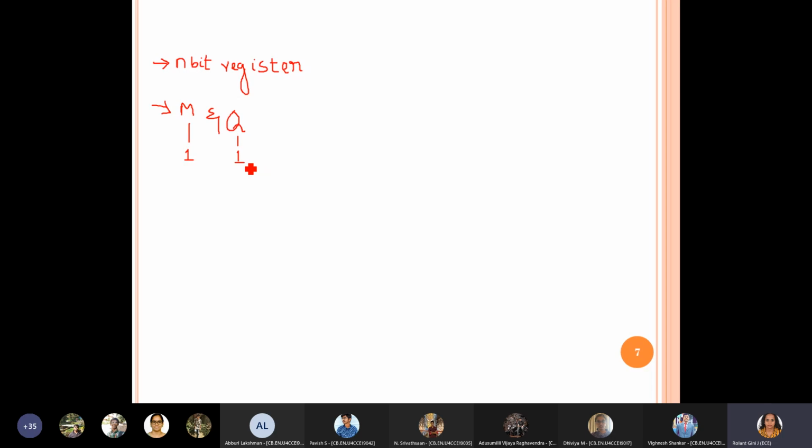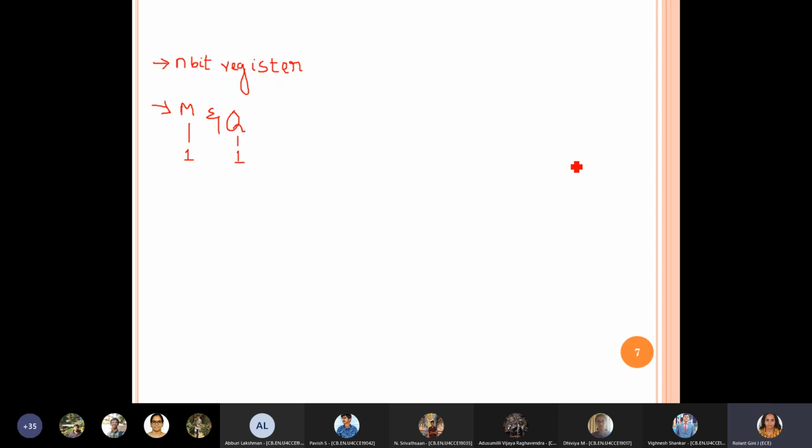When we add two n-bit numbers, what is the resultant size? Anybody? N. When we add n and n. Okay, who answered? Srivatsan. Okay. When we add, actually the result can be more than n also, right?